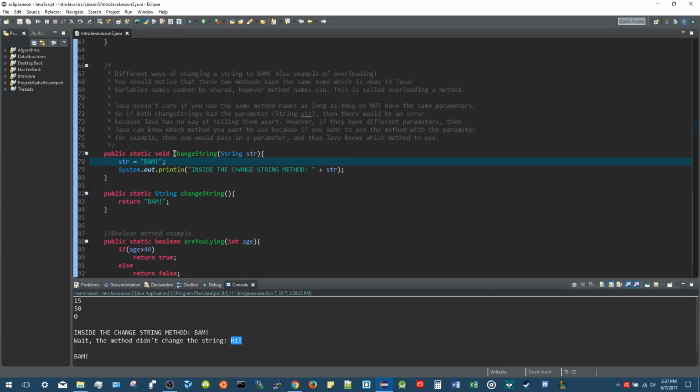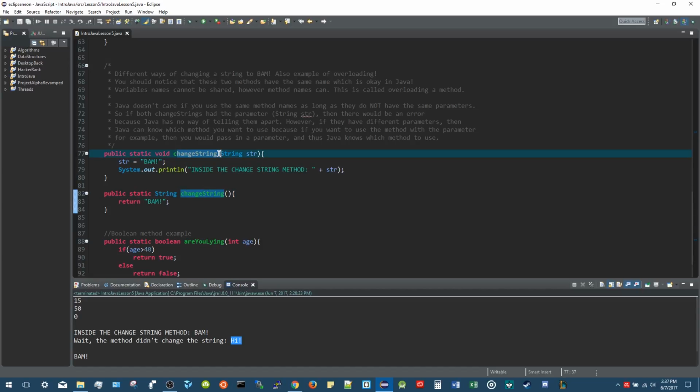So you can see that these two methods are called change string, and they have the exact same name, but one has a parameter string str and the other doesn't. So you might be thinking, how is this legal? How can you have two of the same name? Because with variables, you can't have two variables with the same name. Well, you can have the same method name as long as they have different parameters,